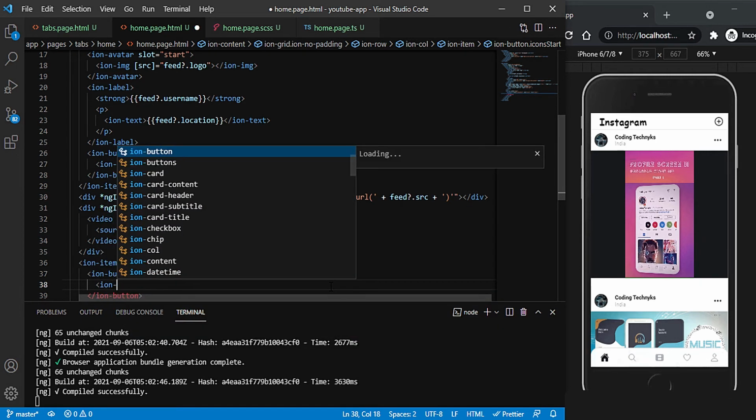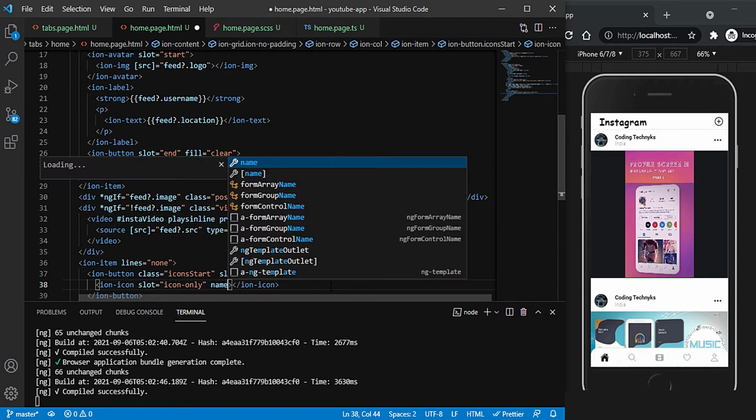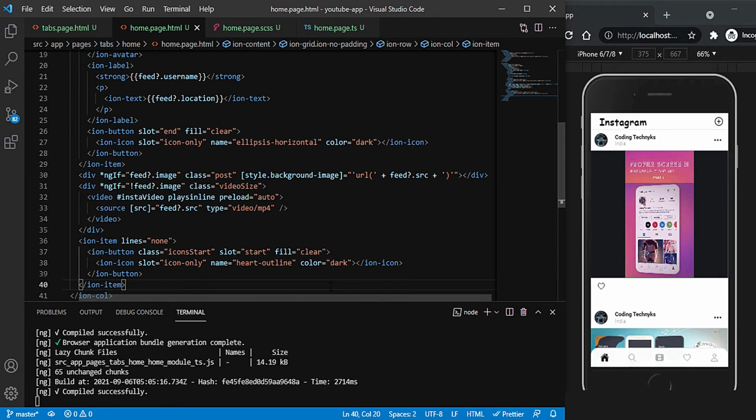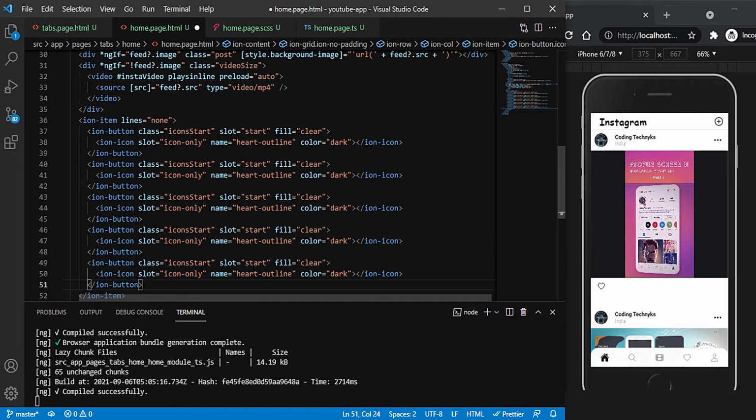Alright, now within this I'm going to have the ion icon. Again, the slot will be icon only, which will look pretty nice, making the icon bigger. Name will be heart outline, and I will also pass a color to be dark. Alright, now you can see the heart icon coming up out here. That's great. Now what I'll do, I'll simply copy this up and paste it 1, 2, 3, I think 3